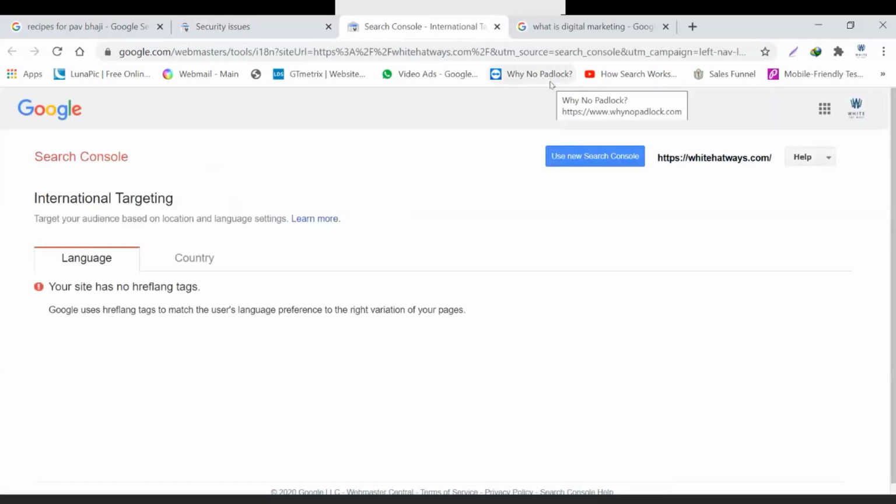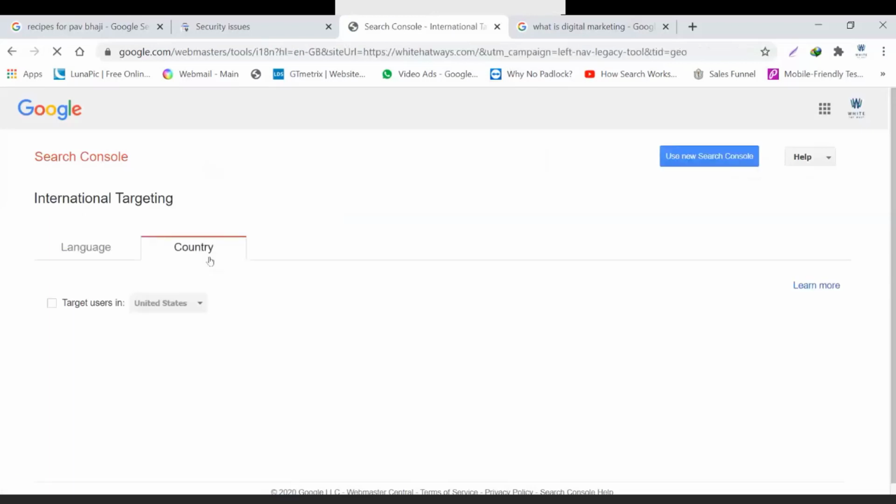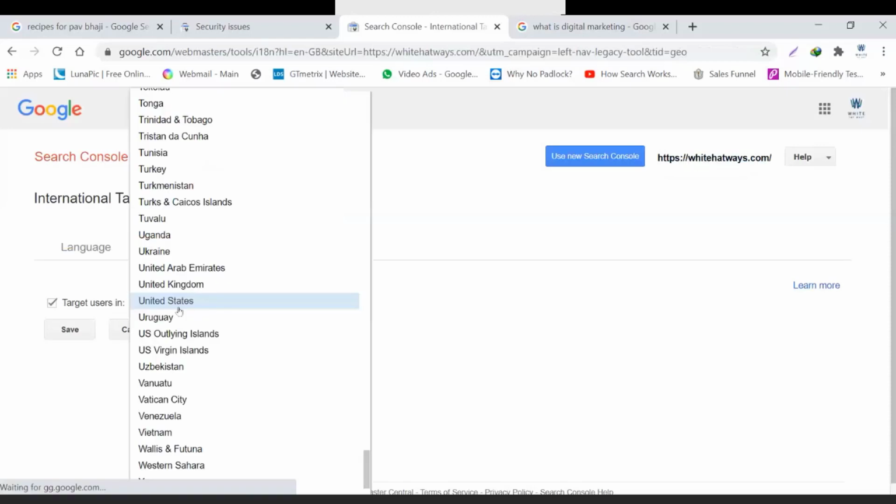So in case your website is targeting some international customers, you can use this particular section, and you can flag your website, and you can target the users in that particular country. You can actually tell the search console that you are going to target this country's visitors as well.